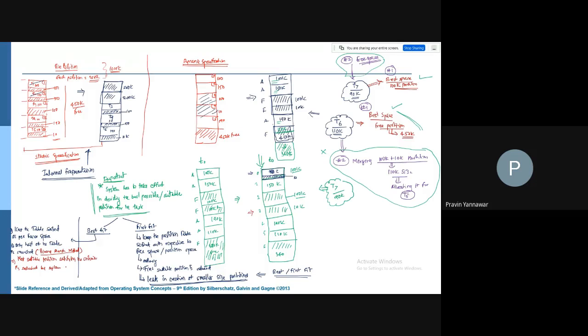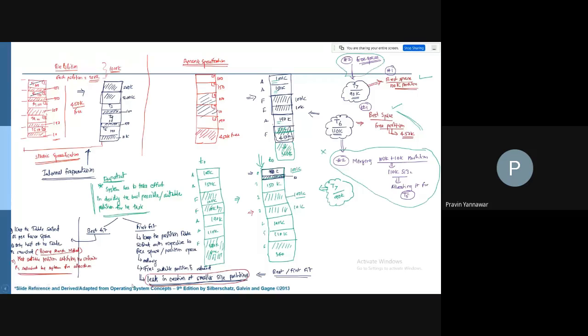In both cases, it leads to smaller size partitions. So there are two important methods for selecting the best suitable partition for a particular task: first fit and best fit.